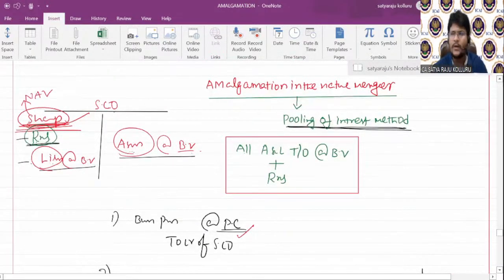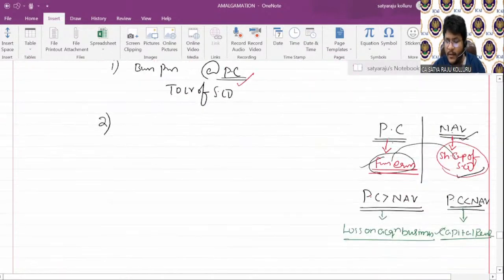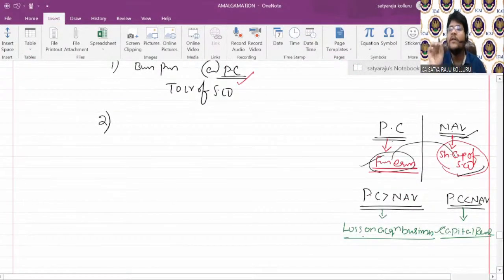We are thinking that the selling company is not an outsider. In case of external reconstruction, a new company is incorporated to take over the existing company. I already told you, external reconstruction is a classic example of amalgamation in the nature of merger. So the selling company is not an outside party, and all the shareholders of the selling company would become shareholders of the purchasing company. That's why we will treat these losses as revenue losses, not capital losses.